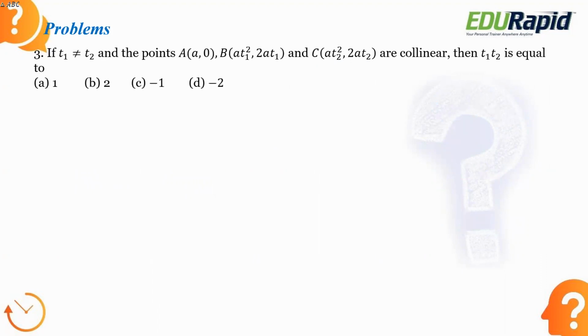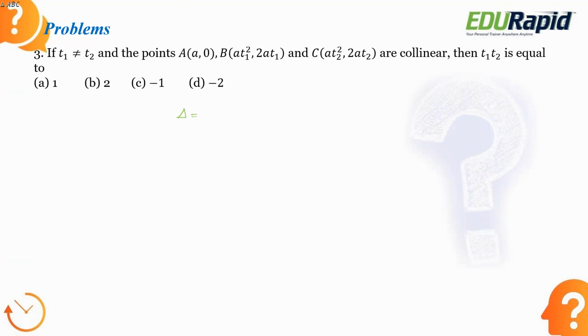What about the next problem? You know there are 3 points given. And what is asked? They told they are collinear. You have to find t1, t2. How do we find it? And one more condition given is t1 is not equal to t2. When 3 points are given and they say that they are collinear and you have to find the points t1 and t2,